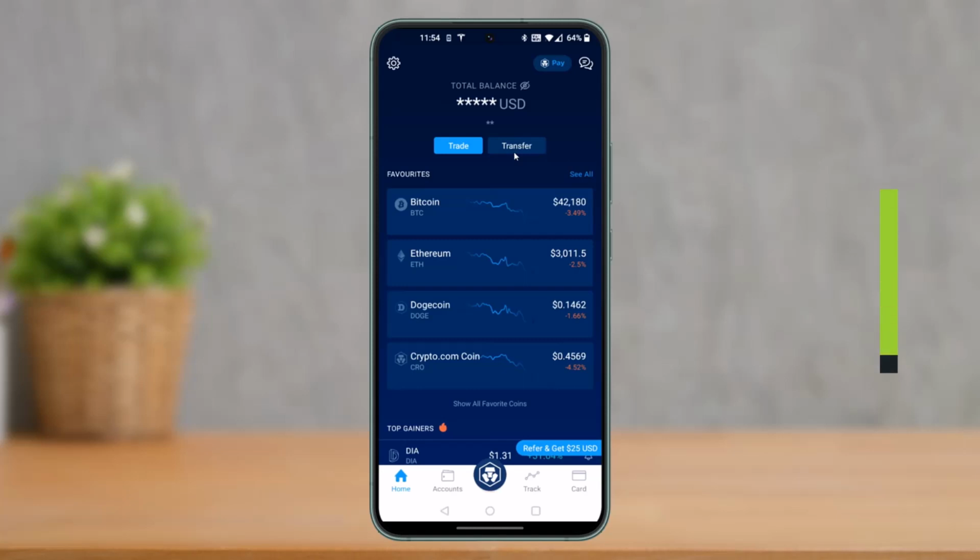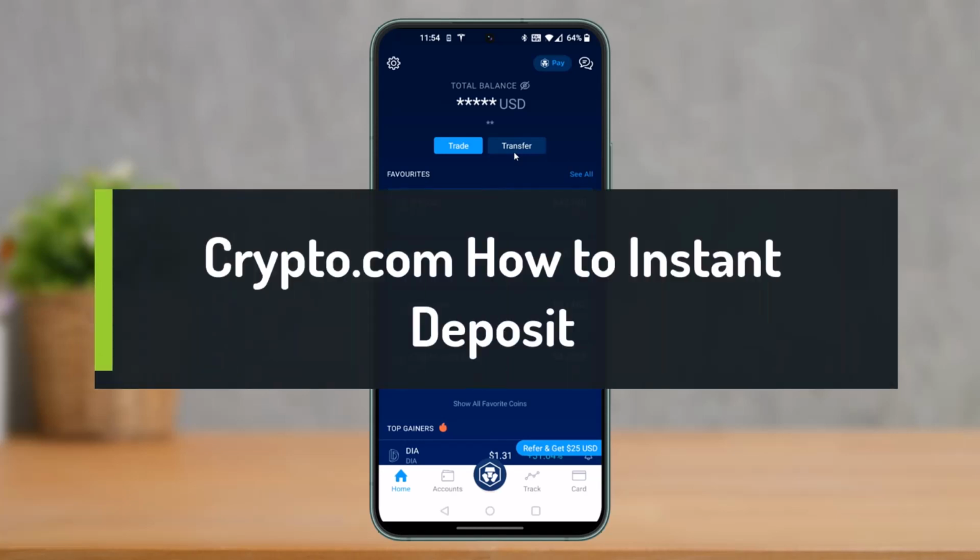How to instant deposit from bank on crypto.com, or how to instantly transfer money from your bank to crypto.com website